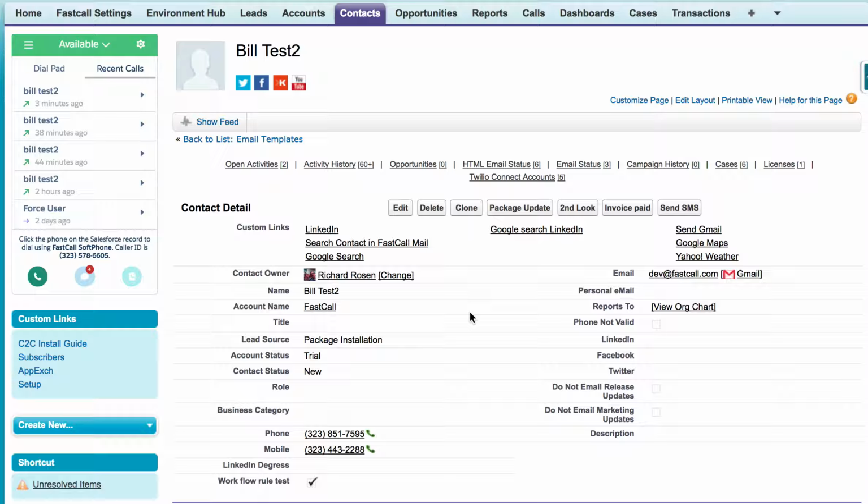It's October 2017, and I'm going to talk for a few minutes about how we end calls in Fastcall. We also use the term call termination. So I am here and I'm in Classic. I could just as easily be in Lightning or in Console, but I'm going to go ahead and